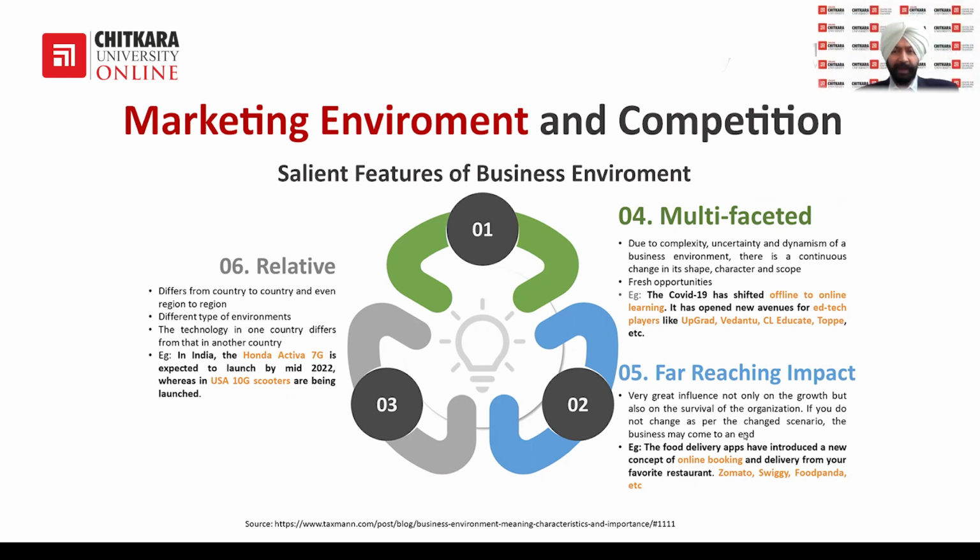Initially, when Zomato was launched, they said, oh, who's going to order food, because food is something you enjoy when you are in that kind of environment, going to a hotel, going to a restaurant. That's the feeling people wanted to have and enjoy. They said it is all about being together with friends, families, and enjoying food. But then this changed with Zomato and Swiggy and Foodpanda coming in.